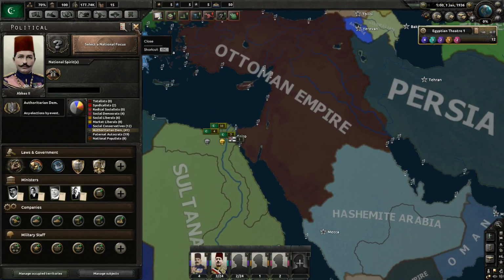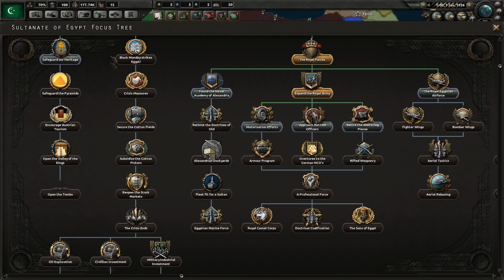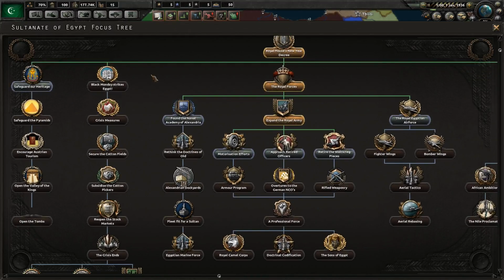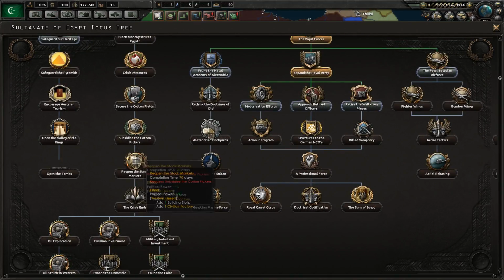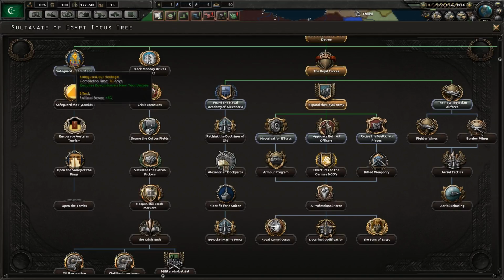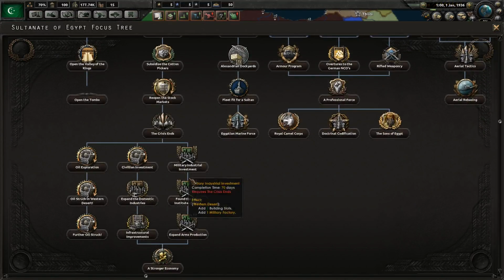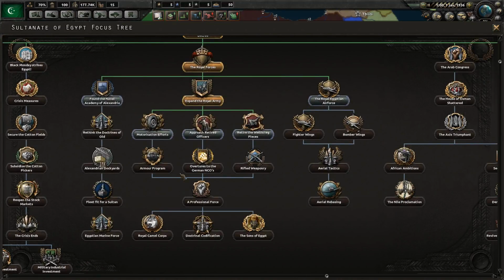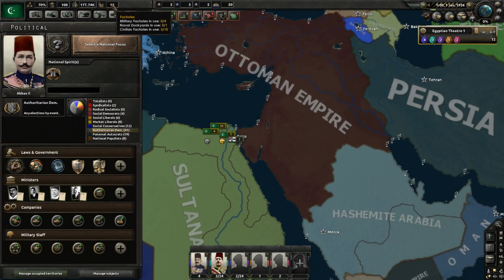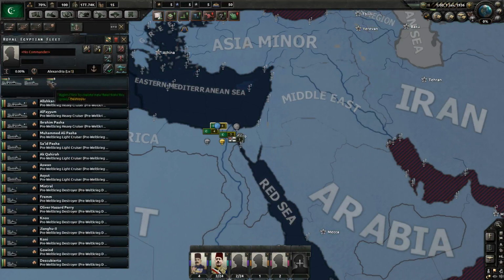And you can also improve your industry very much with your national focuses. At the start of the game, you have 10 civilian factories, 4 militaries, and 1 naval dockyard. You can get 10 more civilian factories through the civilian economy line, and then 4 more military factories. So actually a very huge double increase in production for militaries and civilians. And then for dockyards, you get 4 more, so you jump up to 5.